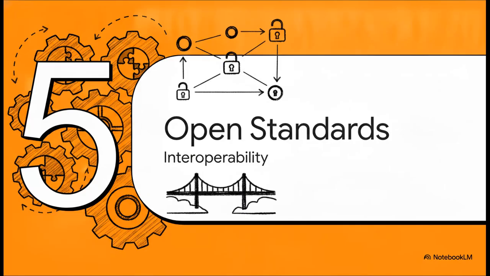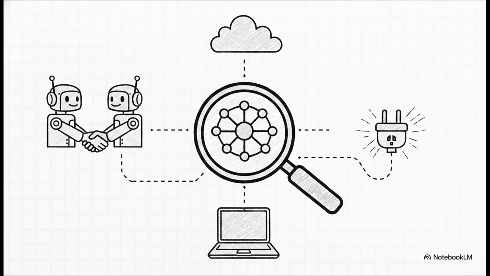Okay, Section 5, Standards and Interoperability, an open ecosystem. Now, with all this built-in power, you might be thinking, great, but what about vendor lock-in? Well, you don't have to compromise on interoperability anymore because MAF is fundamentally built on open standards. By using the Model Context Protocol, or MCP, your agents can dynamically discover and host external tools without you having to write fragile integration code for every single service.